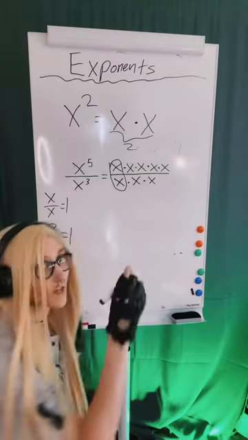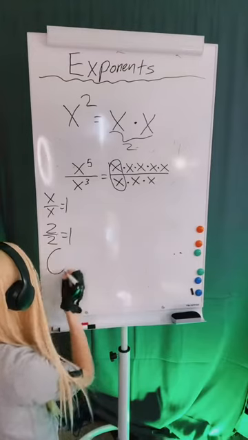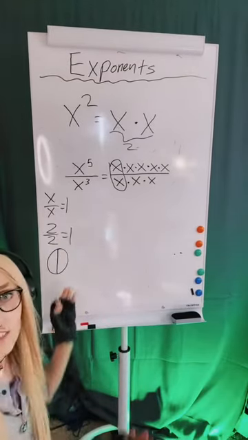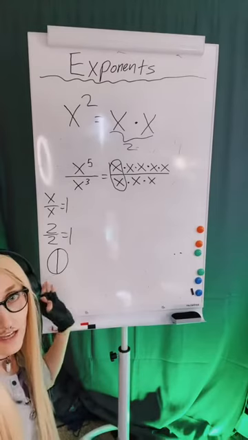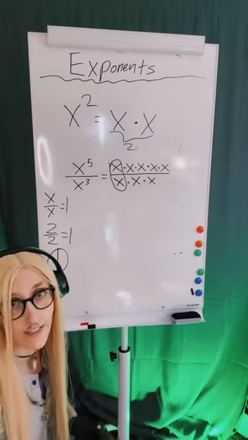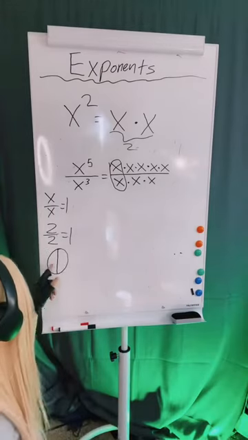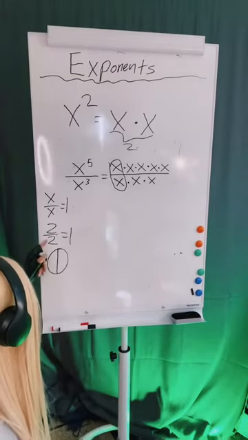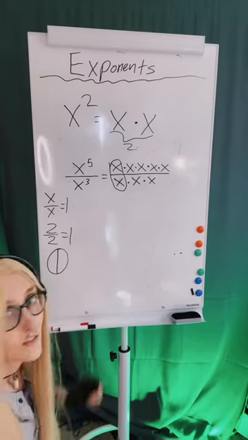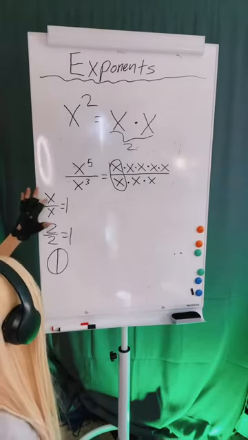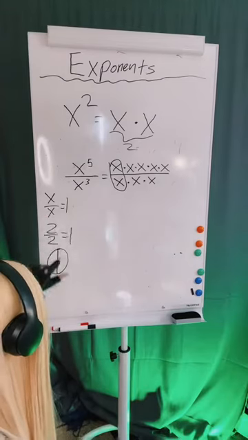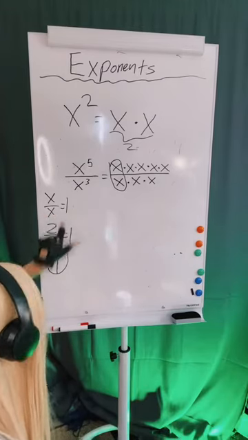And if you're confused on that, let me draw you a picture. Let's say I had this piece of pizza, and I cut it in half, and we're just going to do 2 slices. If I have 2 of those slices, I got the whole thing. Same thing for x's. If I have x of the x amount of slices, I've got the whole darn thing. So any number over itself is 1.